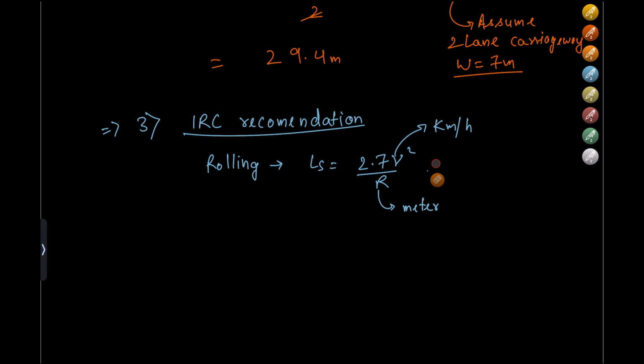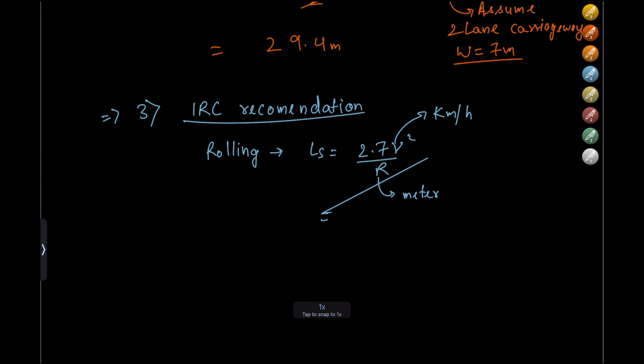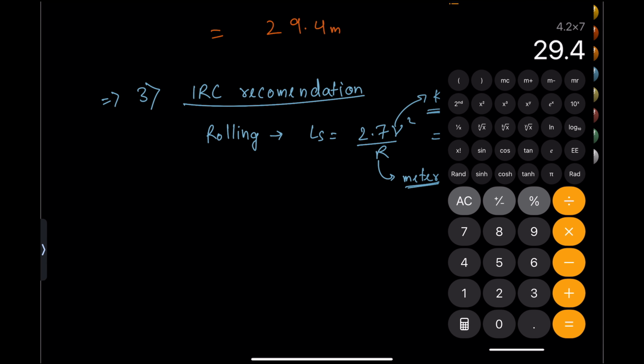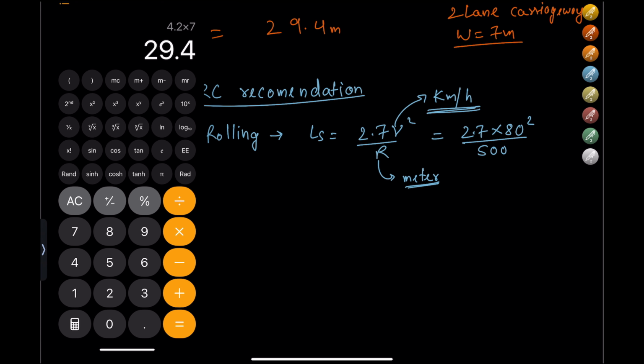Since this is an empirical formula, there is no restriction on the units that we use; the units have to be as per the given empirical formula, right? So this would be 2.7 into 50 square upon 500. Value will be 34.56